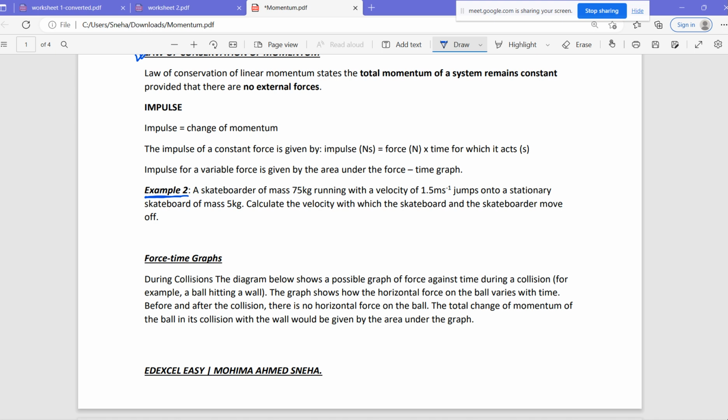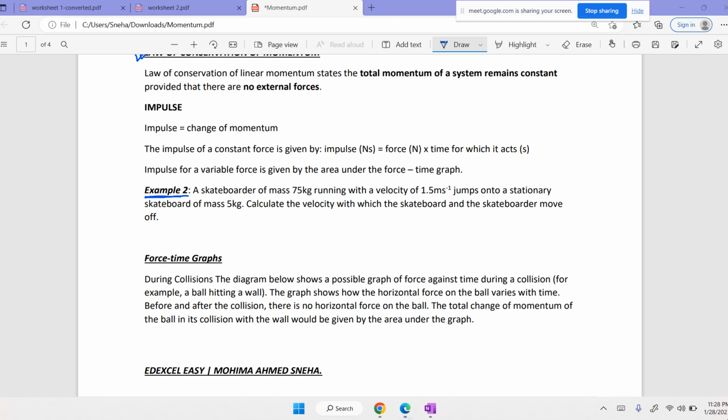Okay, so I'll move to example 2. A skateboarder of mass 75 kg running with a velocity of 1.5 meters per second jumps onto a stationary skateboard of mass 5 kg. Calculate the velocity with which the skateboard and the skateboarder move off. We can see that the entire example 2 refers to scenario 3 of our laws